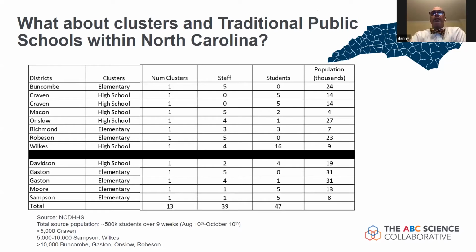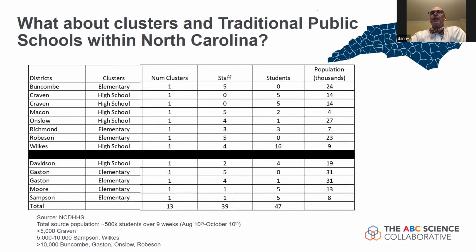Just to give folks an idea of the size of these school districts, the district of Craven has less than 5,000 students. In between 5,000 and 10,000 students are Sampson and Wilkes. Greater than 10,000, we see a handful of those on this. Now again, this is from over 500,000 children and adults in hybrid instruction over the first 9 weeks that the buildings have been opened. You can also see over to the very far right-hand side is the population of school children in thousands in